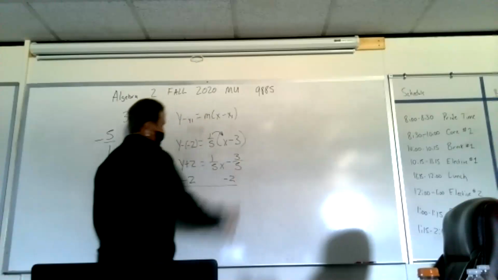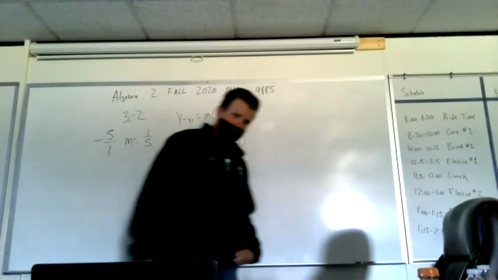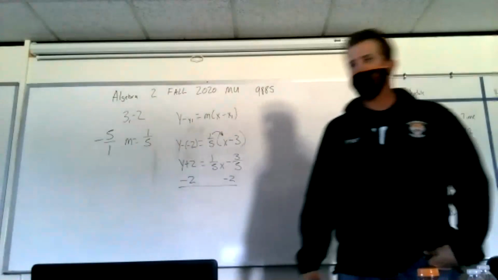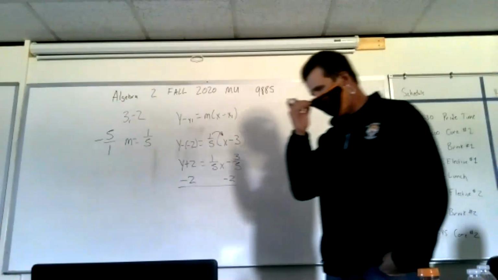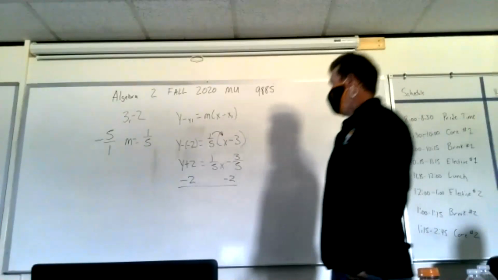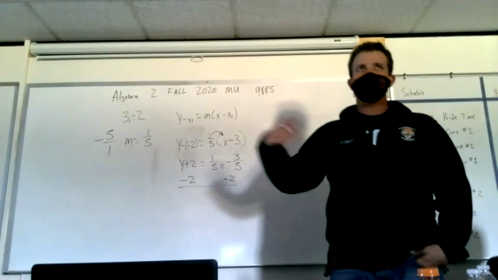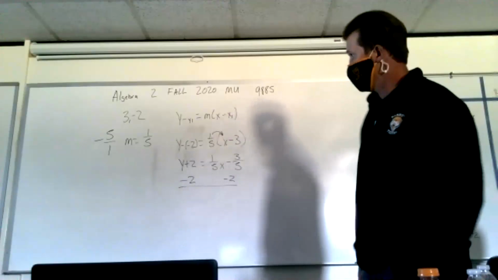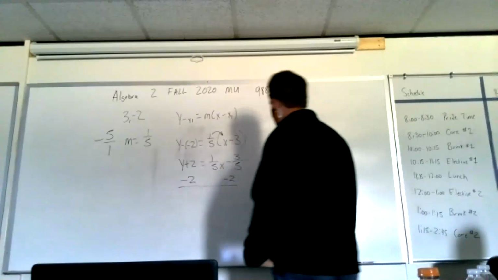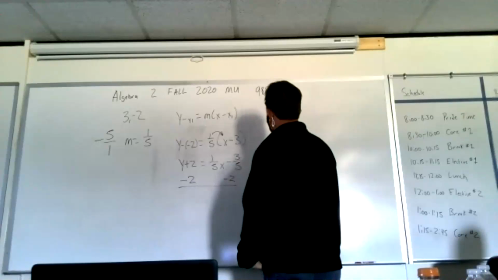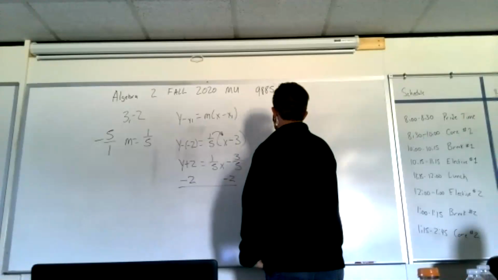Okay, here I'm dealing with fractions. When you are subtracting a fraction, they have to have the same denominator. So in other words, I have to get this 2 to have a 5 in the denominator. The easiest way to do that would be to multiply it by whatever the denominator is. So this is really a -3/5